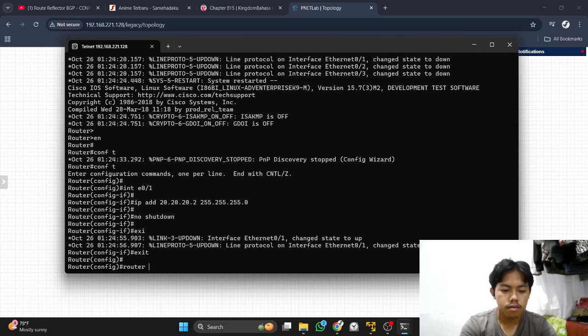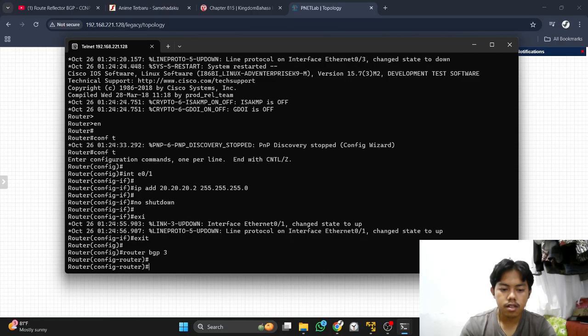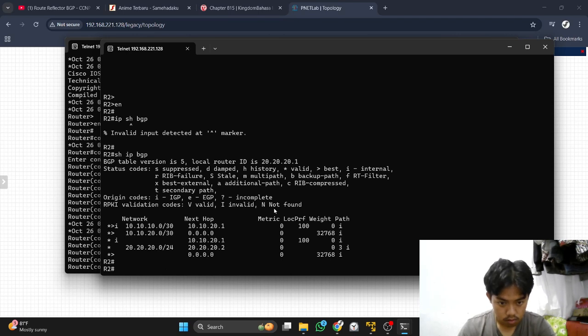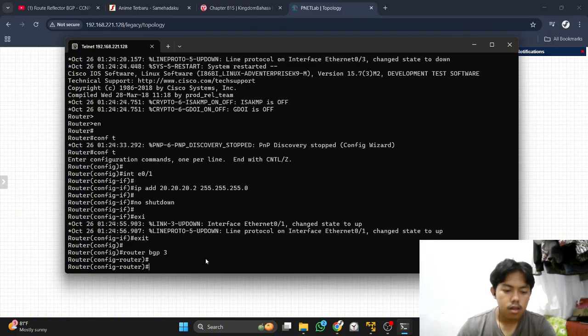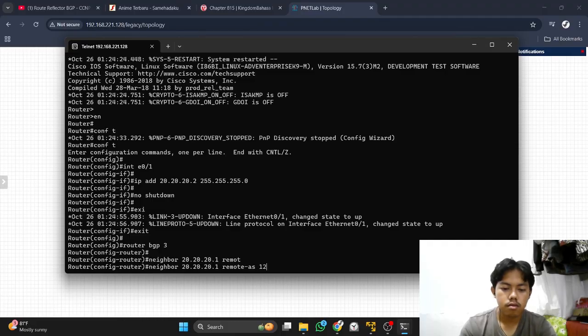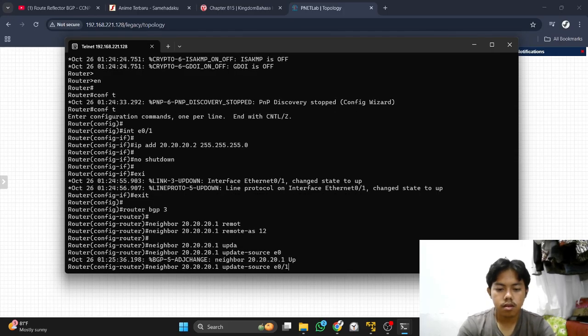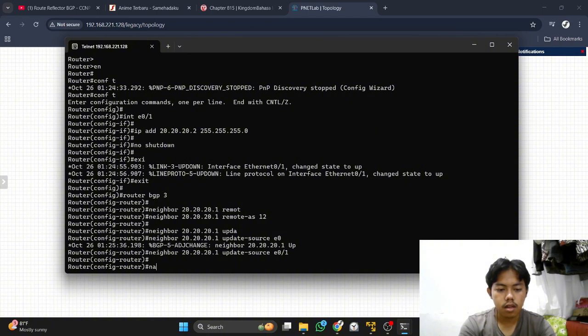Next we go to router BGP 3. Neighbor is 1, remote-as is 12, and update source, and last is network.